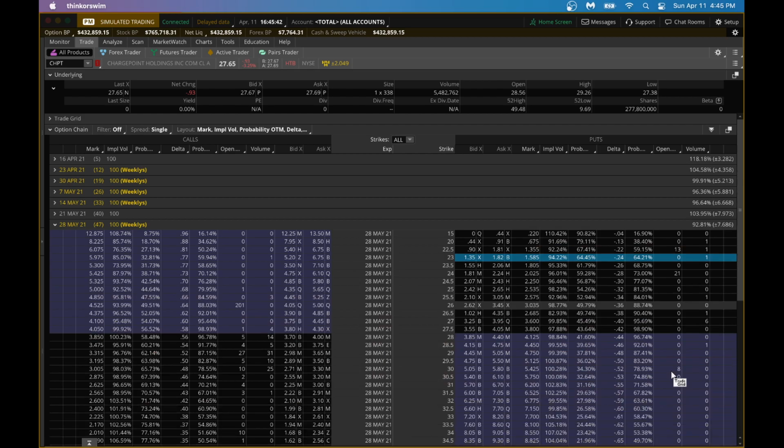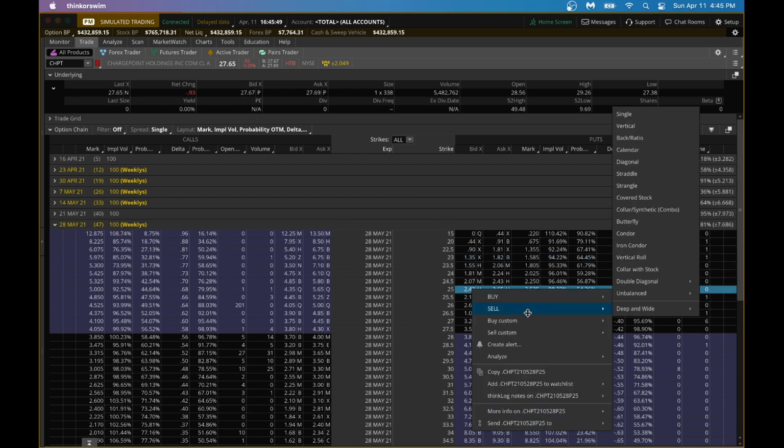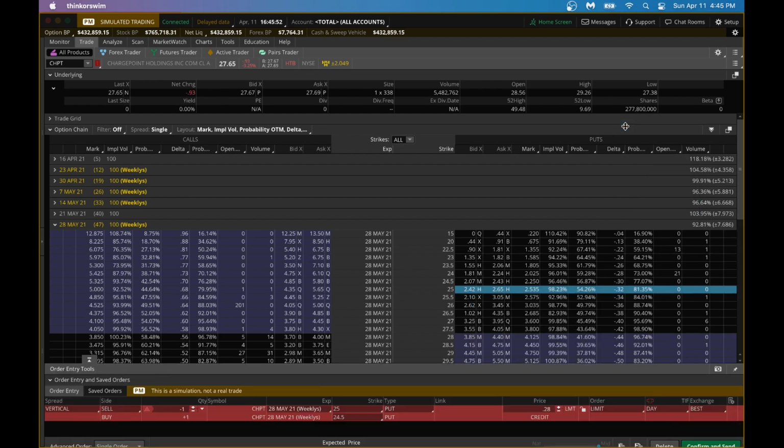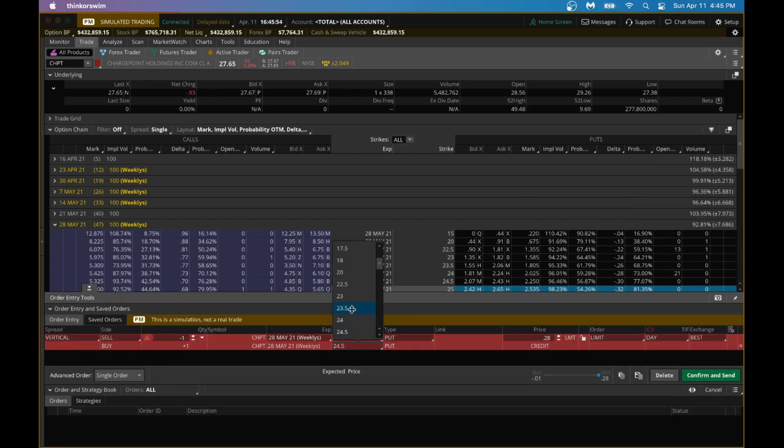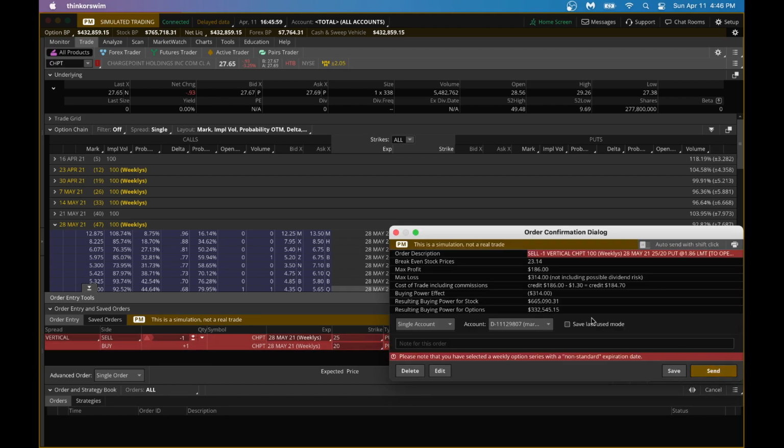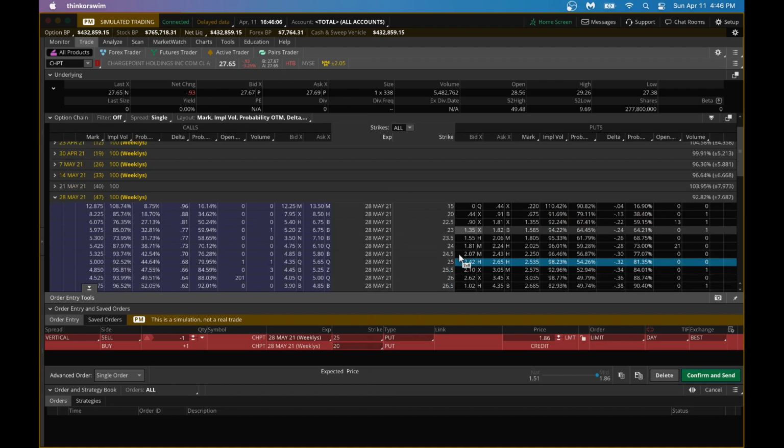This is one idea, but if you don't want to take that much risk, which is 2165, you could do a spread here, stock price being at 27. You could try to sell a 25-20 spread. If you do something like this, you'll collect $1.86, and your risk is a little bit lower, 314. But you can be a little more conservative. I think 25 is too close to the price. You could maybe go to 23 and 15. That's a better idea.